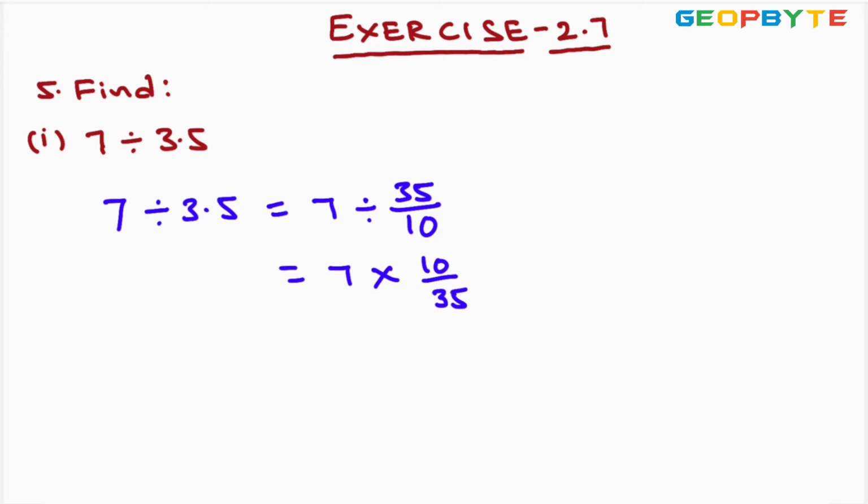Here 7 ones are 7, 7 fives are 35. Again 5 ones are 5, 5 twos are 10. So we are getting 2. So the result of 7 divided by 3.5 is 2. Second one,